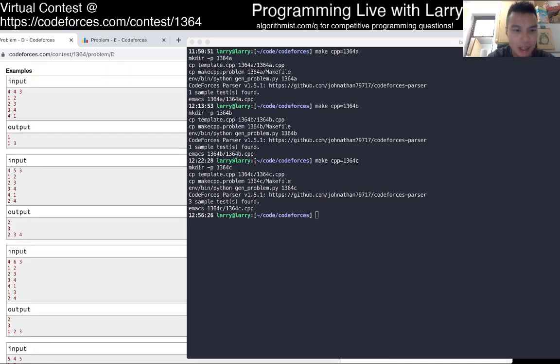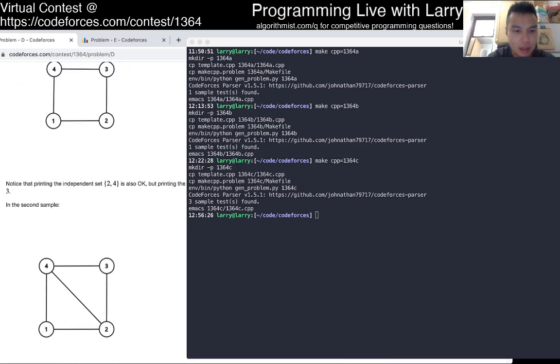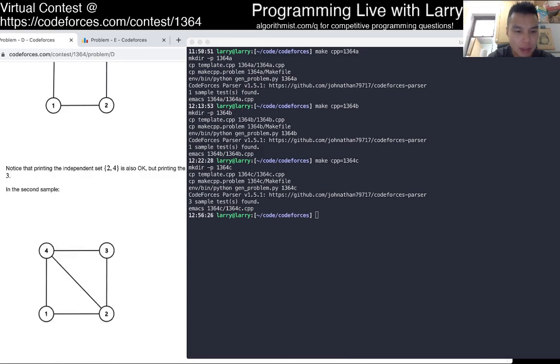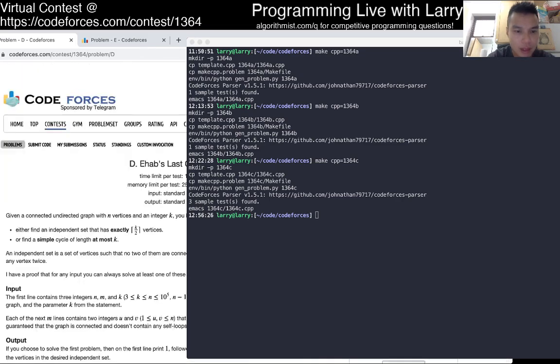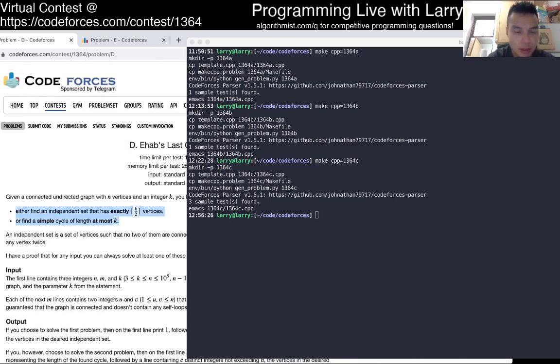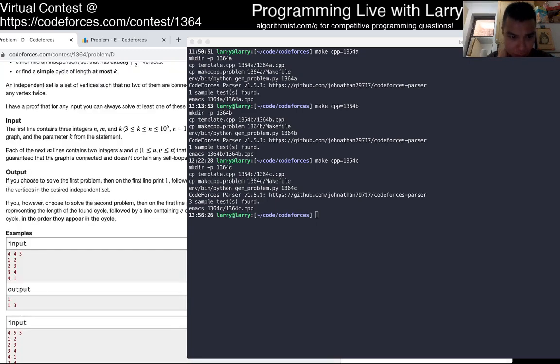I mean, it feels like coloring. And it feels like one of those things where either this is true because of the two coloring, or you find a simple cycle because something like that.